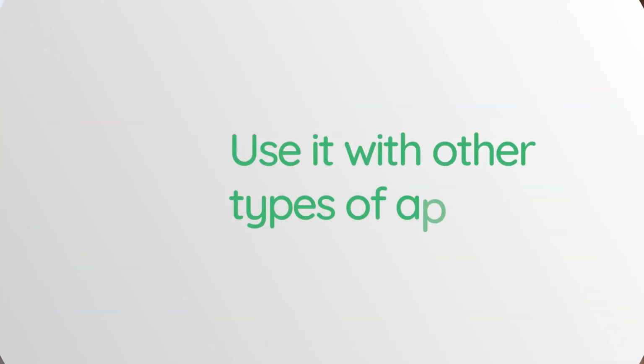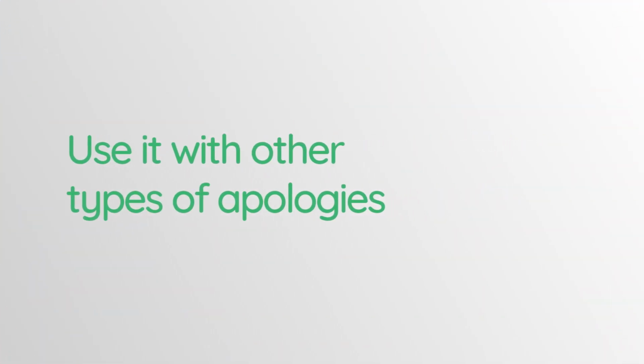So you can express regret, you can be sincere about your apology, you can come up with a plan of how you want to change, and then express at the end, do you forgive me? Or can you forgive me for this action? Right? So it's really important to differentiate that this is more of an add-on after you've expressed a sincere apology